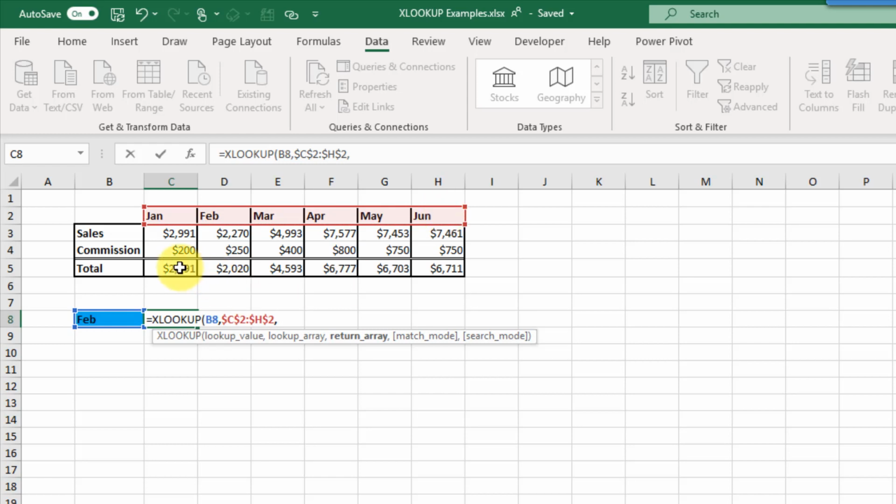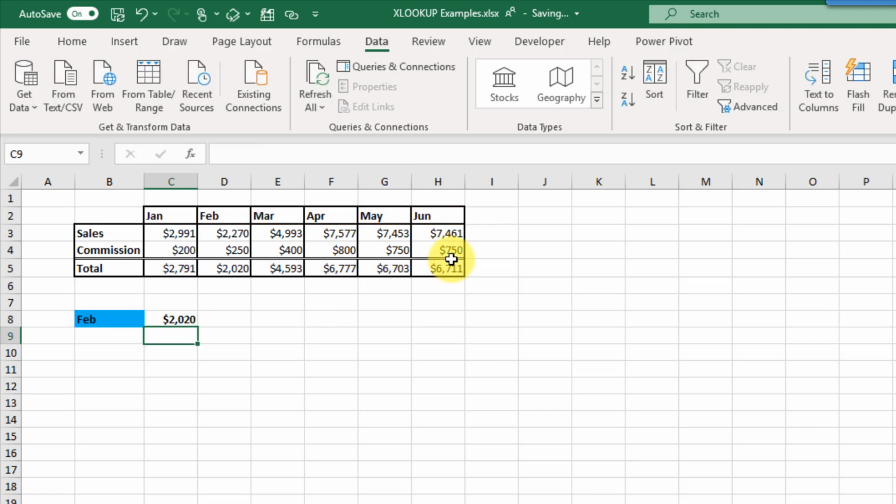And we want to return results from here. And again, we're going to do an exact match. So we just need the first 3 arguments. And when we press enter, we can see that for February, our total is 2020, and that's exactly what XLOOKUP is returning. So XLOOKUP works with vertical values, but it also works with horizontal values and can be used to